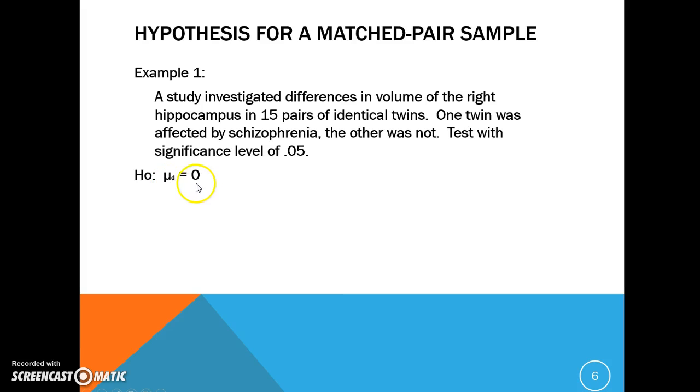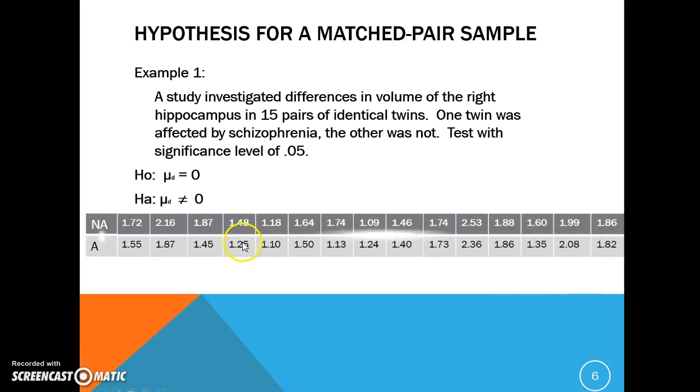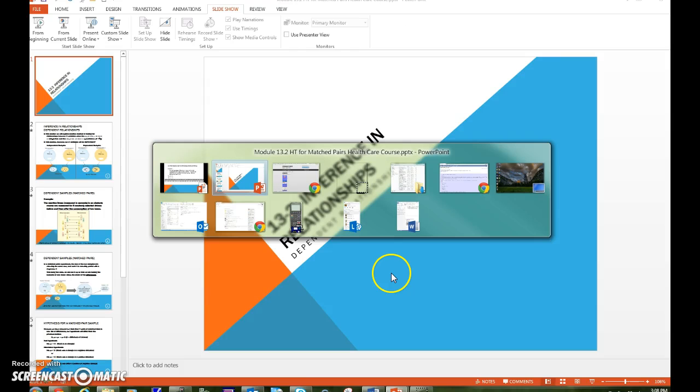So the null hypothesis says that the average of the differences is 0. Okay, and the alternative says that it's not 0, which means that they have different size hippocampuses or hippocampi. So these numbers represent the set of twins that are not affected. So this is the 15 twins that are not affected by the disease, and this is the 15 that are affected by the disease. So we could punch these into the calculator,